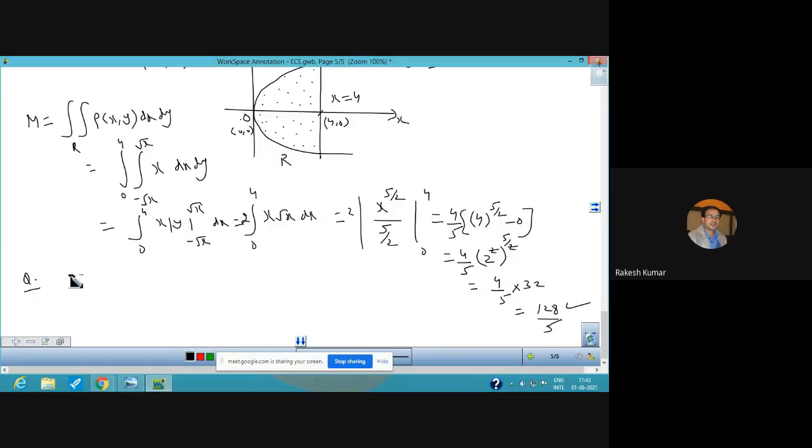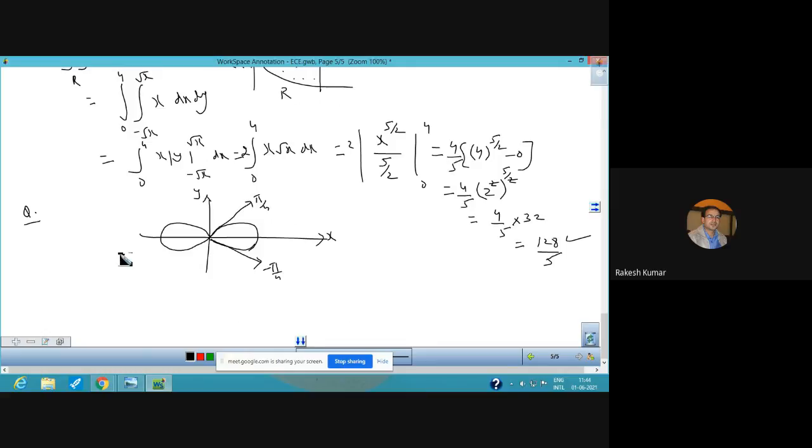Centroid is the same as the center of gravity. So we need to find the centroid or center of gravity of a loop of the lemniscate. And you know that the shape of lemniscate is like this. So probably this is the shape of the lemniscate, and this side is going at 45 degrees, and this side we will have negative 45. So this is the y-axis, and this is the x-axis.